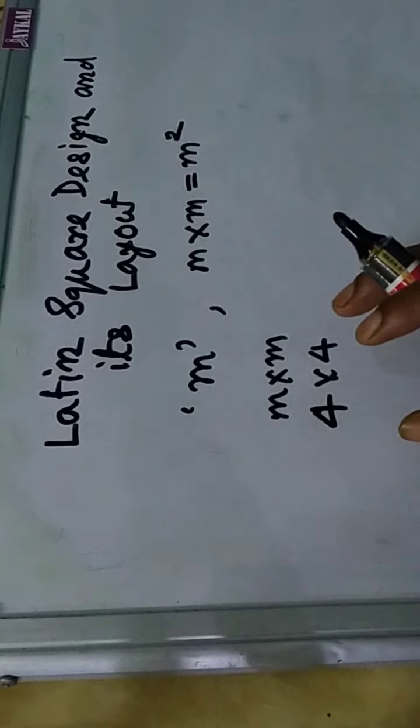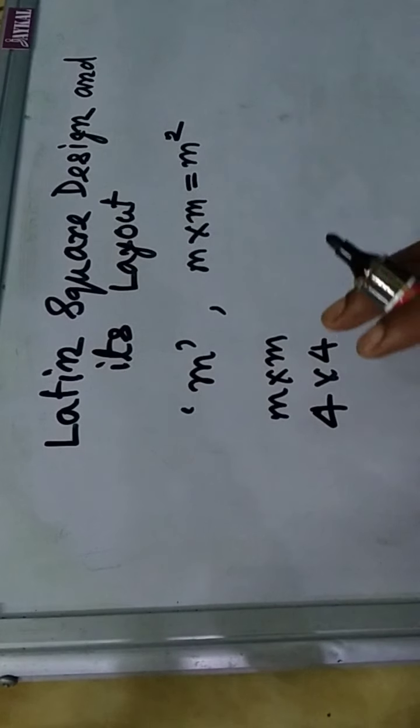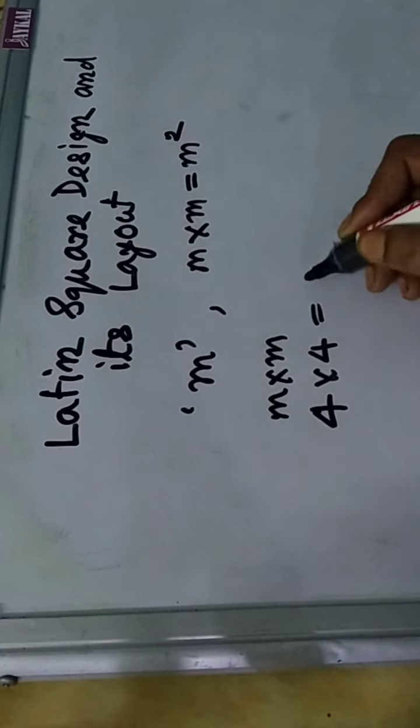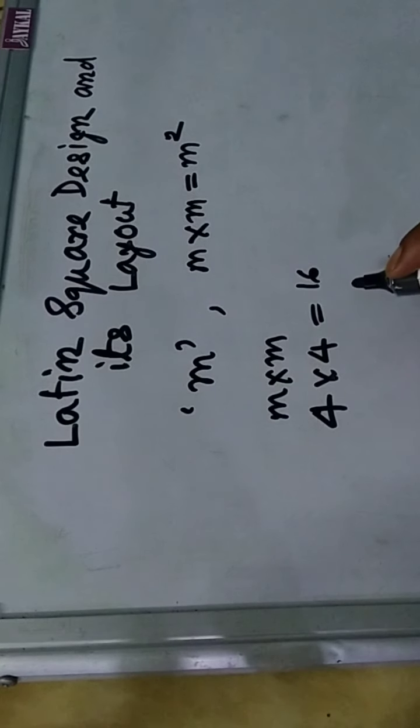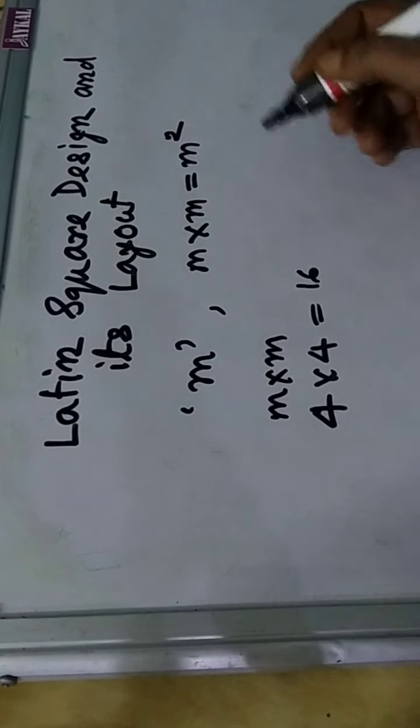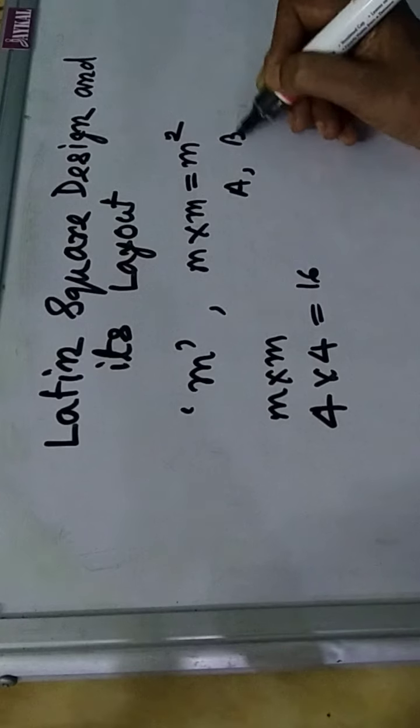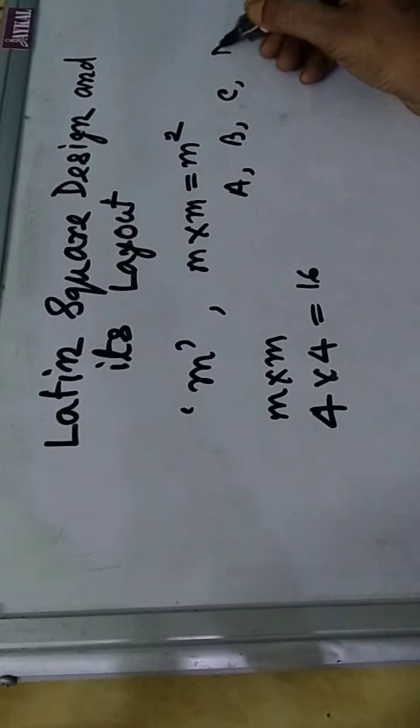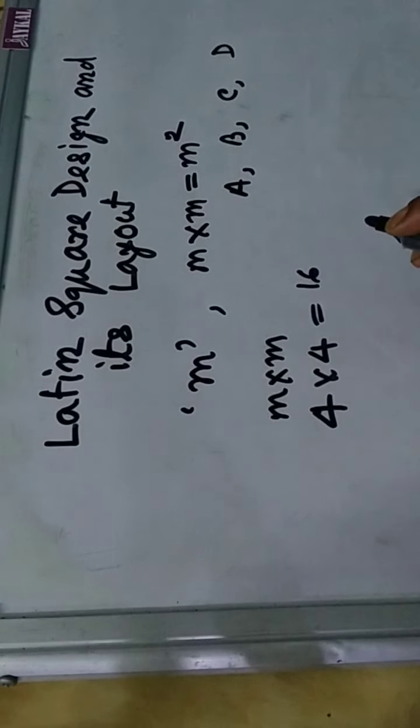We take a rectangular field divided into 4 by 4, that is 16 plots, arranged in 4 rows and 4 columns. We represent the varieties by A, B, C and D. Then the particular 4 by 4 LSD is,